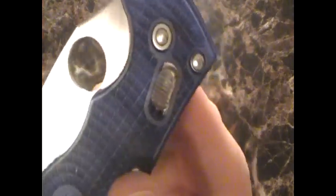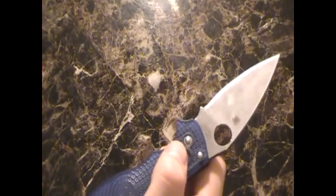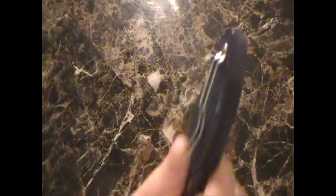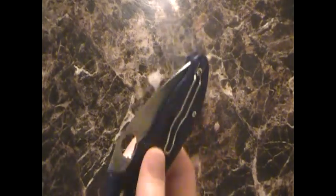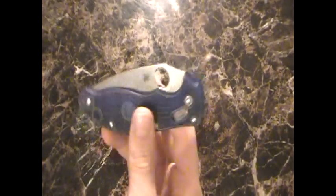Great, great knife. That ball bearing in there just helps the smoothness. And sometimes I'll even just open it like this just to feel how smooth it is. Just love that ball bearing lock. It makes it super, super smooth. While I'm here, the knife doesn't fall to the handle either. And blade centering, perfect. Nothing wrong with blade centering. I'm glad I remembered that too. So that's an important feature. You don't want that knife falling out of the handle or anything like that and cutting you, because this is deadly sharp. Pocket clip,